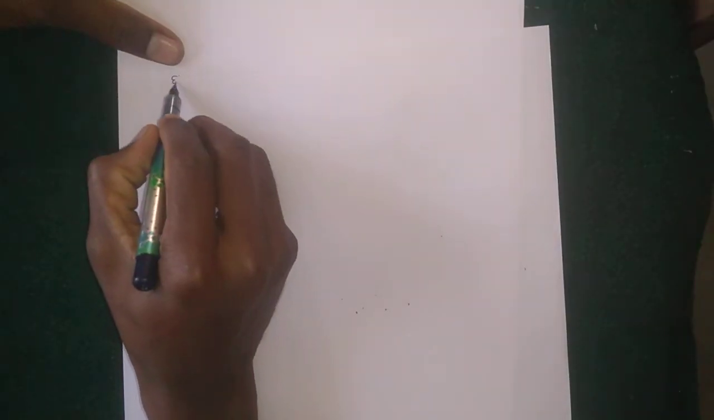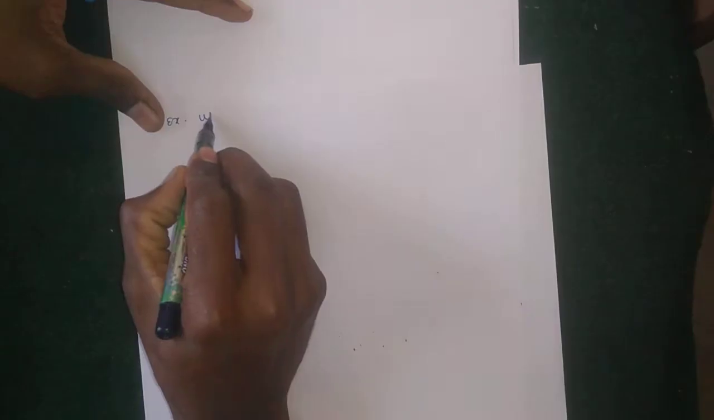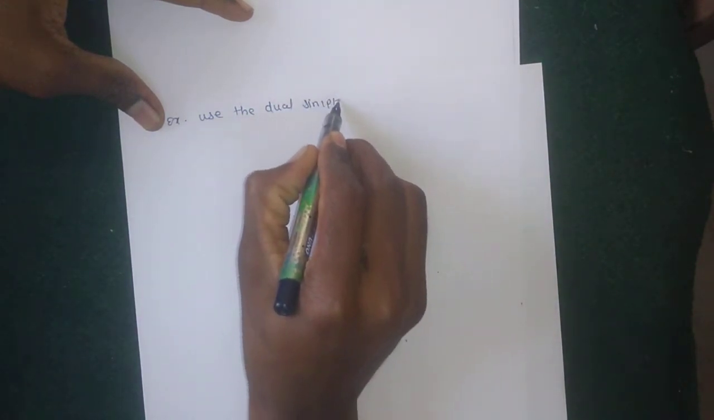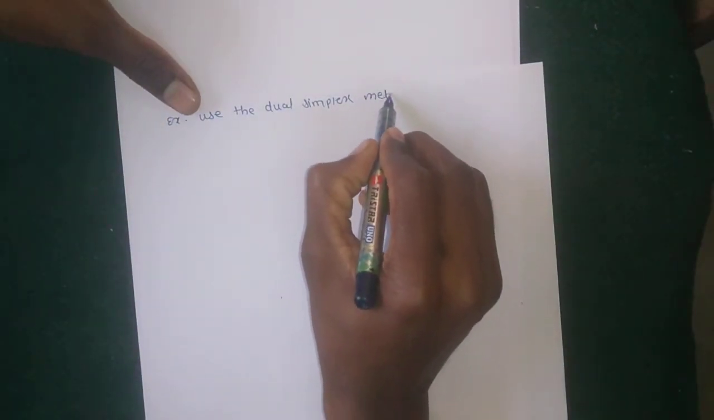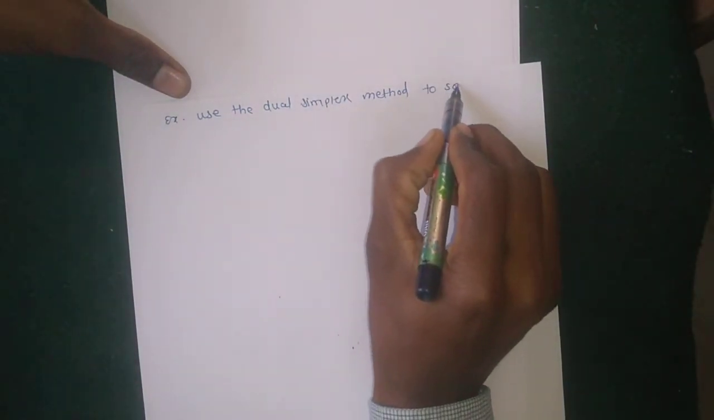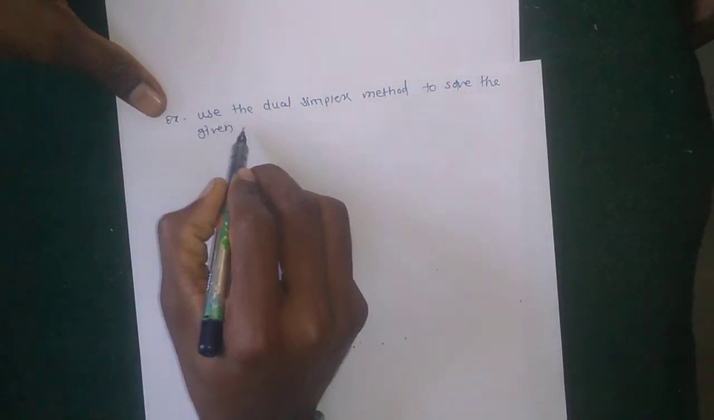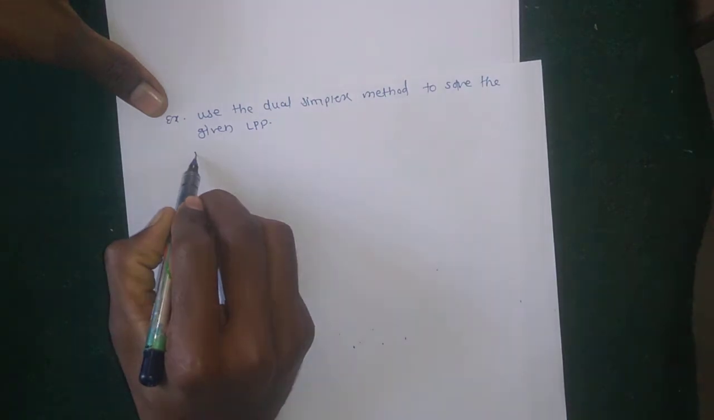Today we are going to discuss some examples on the dual simplex method. So first example: use the dual simplex method to solve the given LPP. So first one is